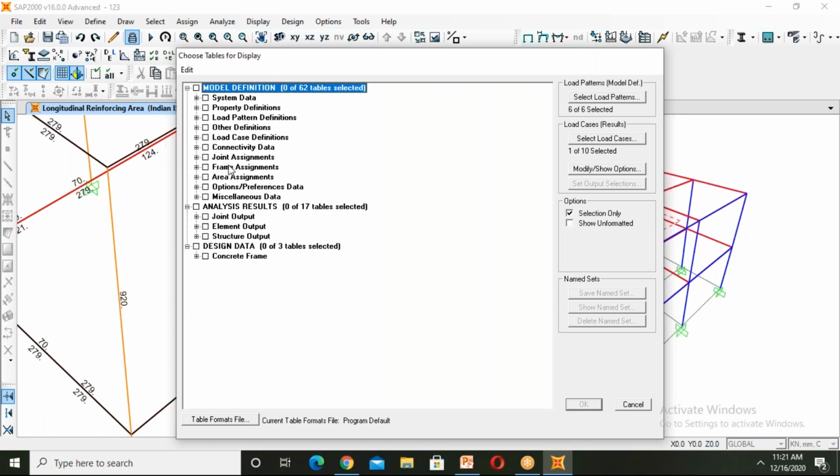If we want this data, you can click on this. If we want only the result part, then you should click on analysis and results and design data. After selecting all this, just click on OK for extracting the results.